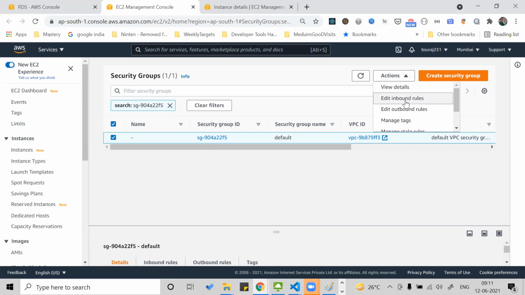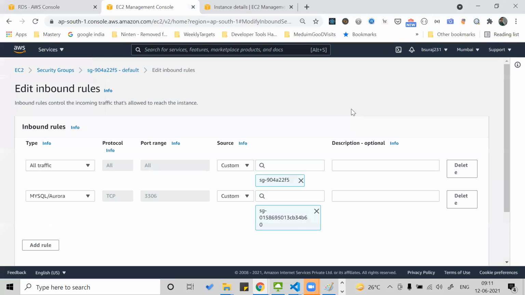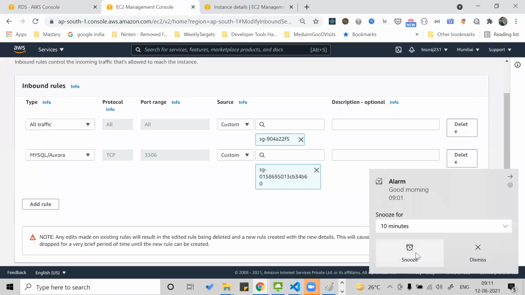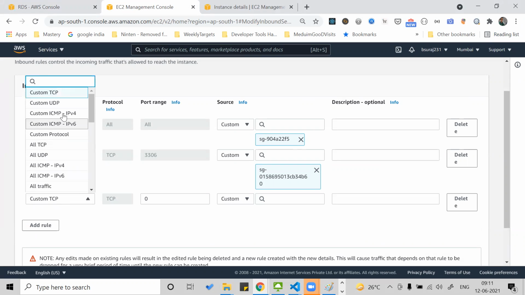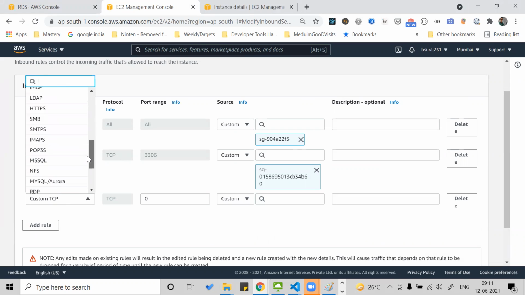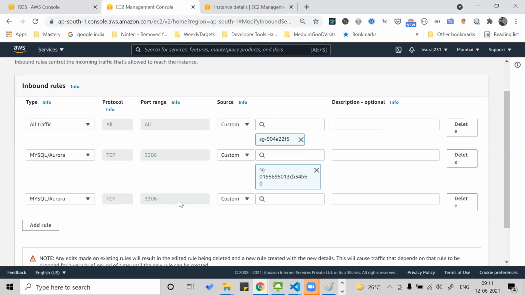Edit inbound rules. Now you have one. You can add the rule saying MySQL. Where is this MySQL? MySQL, port 3306, the second one is already there, I think, sir.